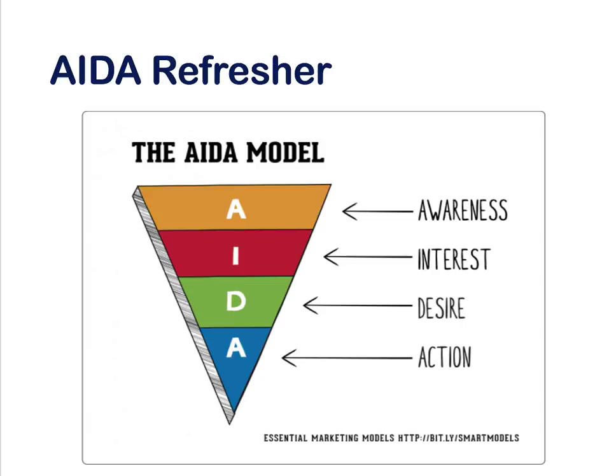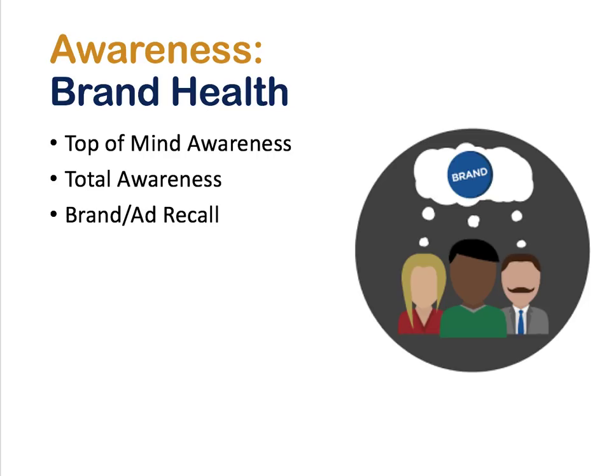So the rest of this PowerPoint that I'm going to walk you through gives you some common metrics that you can build into your marketing plan for each of these different areas. And sometimes you can shift them around a little bit. The same measurement could be used for interest or could be used for desire. But on the whole, I believe that this provides a very good framework in terms of different types of metrics aimed at the objectives of each of the different components that are tied back to the ADA model. So let's start with the first piece, which is awareness.